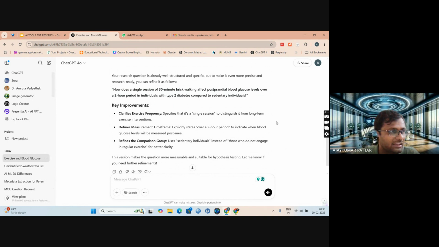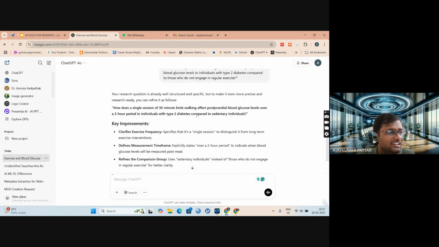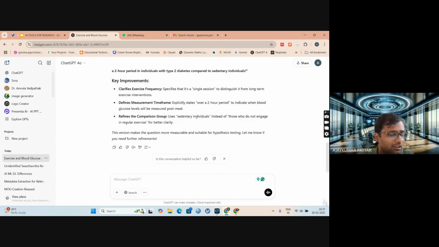If you want to make it more specific and more formal, then you can use ChatGPT. So this is how we can use ChatGPT for identifying the research problem and making the research question. Like this only, you can also make the research hypothesis from your research question or your research topic.